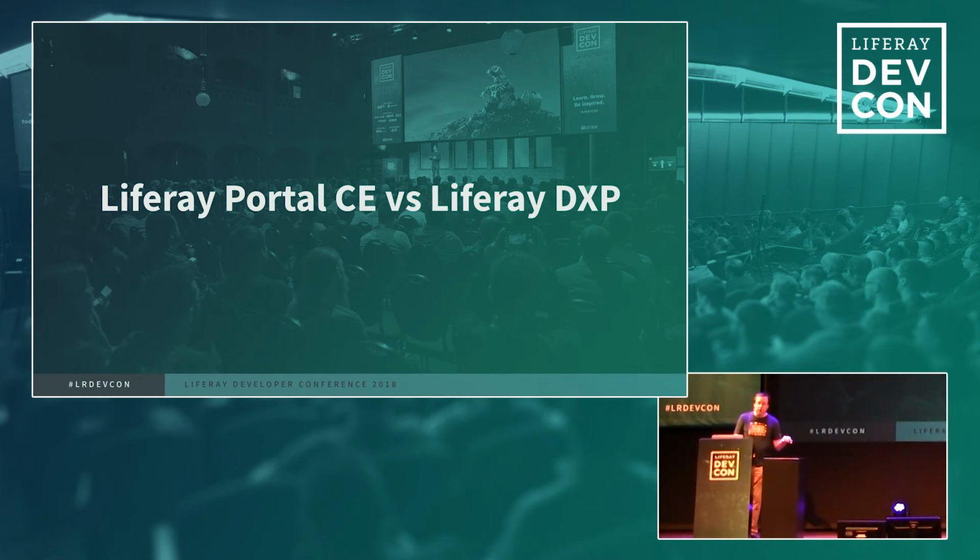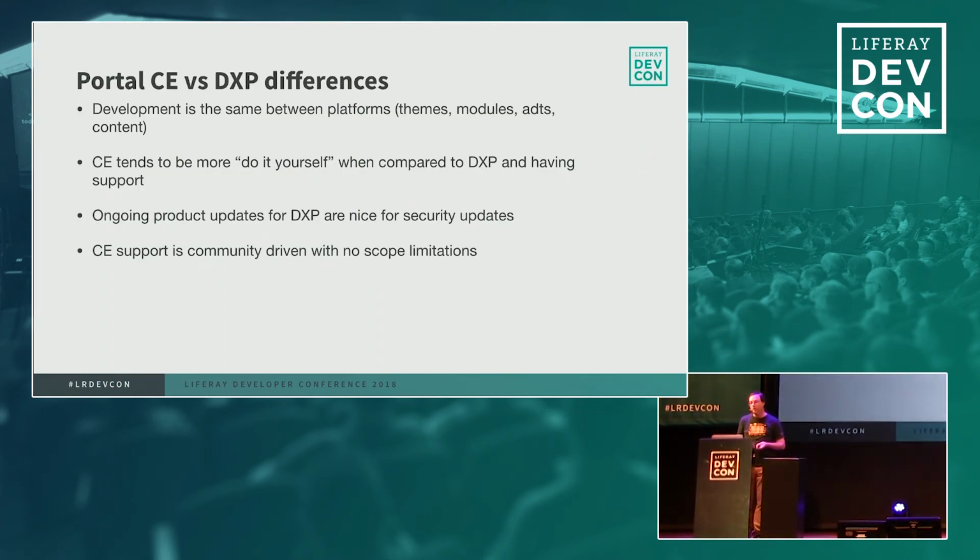So obviously, I've used DXP, I've used EE, and now I had a site on CE. So what do I think some of the differences are now? At the top level, developing for either one is pretty much the same. So developing modules, ADTs, themes, it's pretty much interchangeable. You might have to deal with some version dependencies, and a theme I think still ties to a version, but you change those things and I have found that your apps should work one way or the other